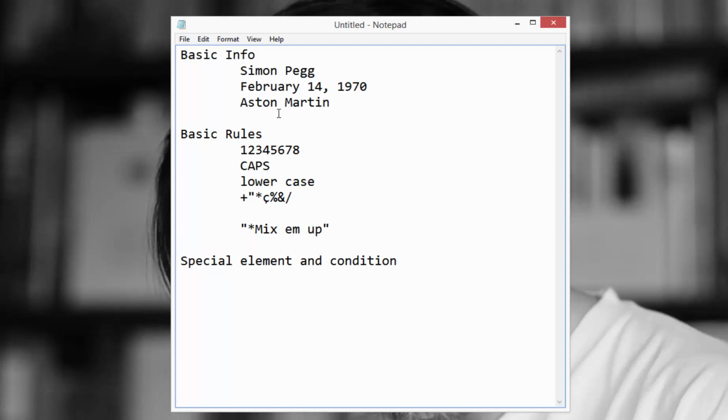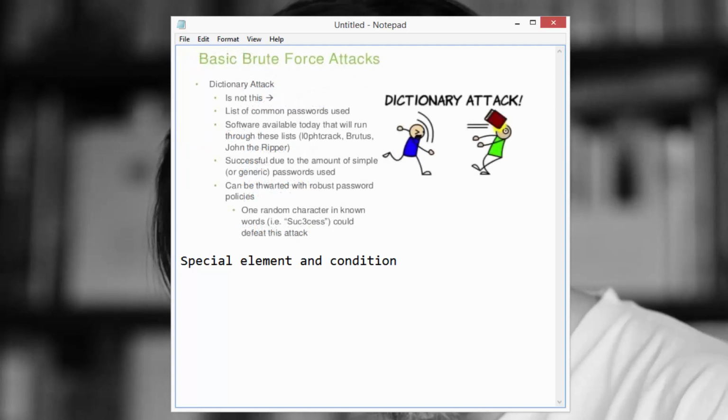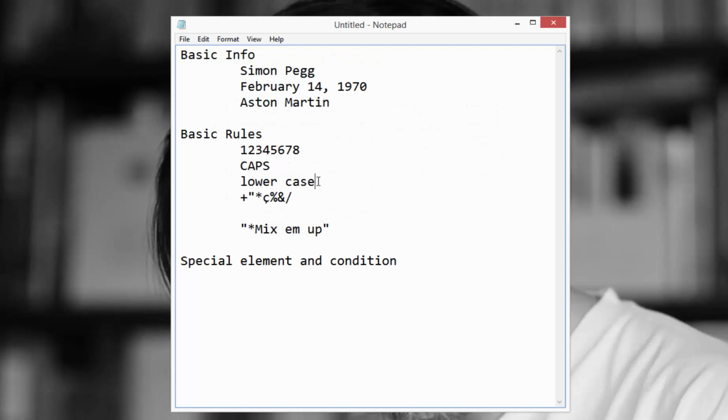Now, let me explain. These here are a must-have. On their own, terrible. Mixed up, awesome. If you have a password that contains 200 characters in length, and it's just all capital letters, I need to create one dictionary file with the alphabet in capital letters, run it, and boom, I've got your password. And the same goes for every single one. If it's just numbers, or lowercase, or just symbols, again, easy to break. But if you mix them up and you do like this,